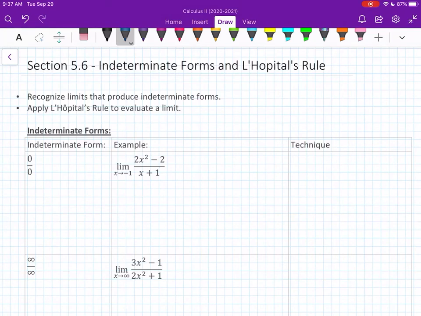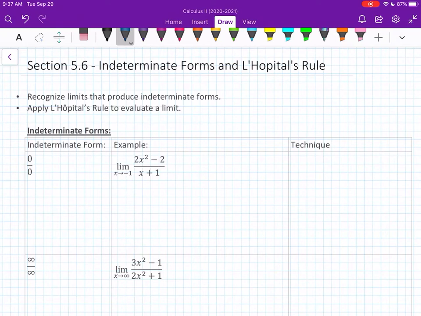Today's video is on section 5.6, intermediate forms and L'Hopital's rule. So we're going to talk about recognizing limits that produce intermediate forms and applying L'Hopital's rule to evaluate them. You've seen some intermediate forms before in the past, and we're going to review how to deal with those. And then we're going to talk about the ones where you can't use what you've learned before and how L'Hopital's